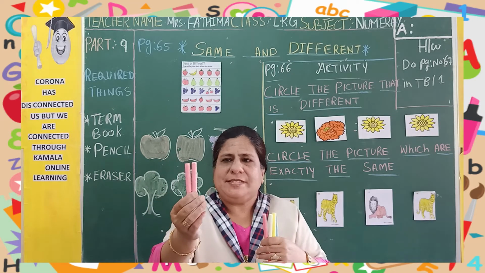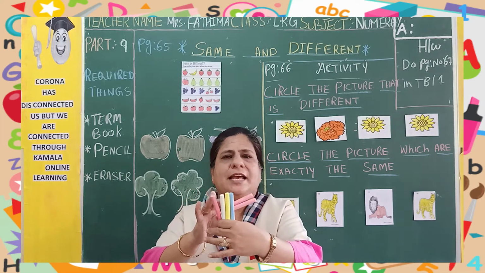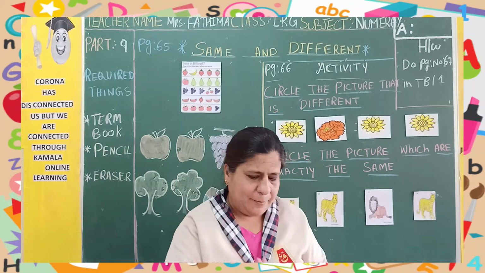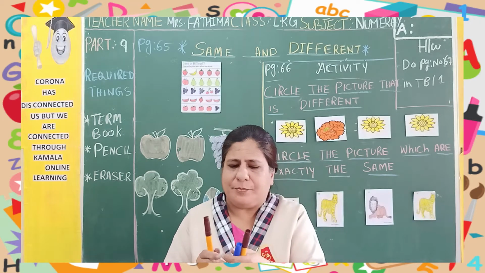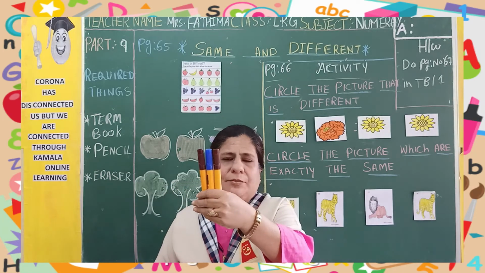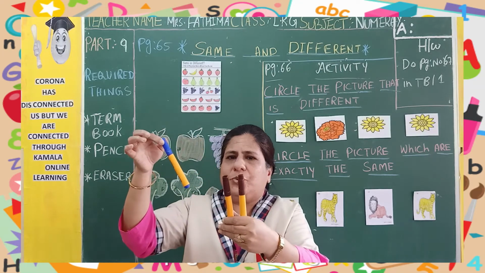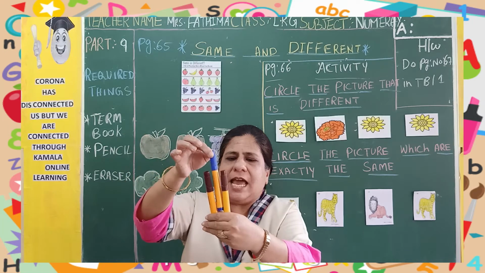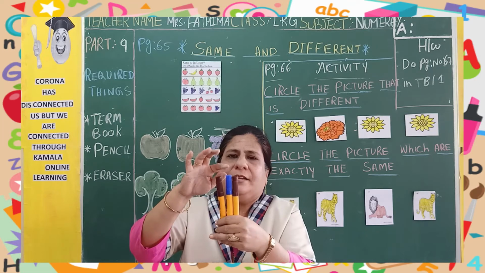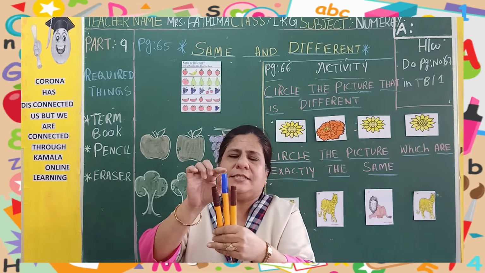See, same means it will be same in color, same in size, everything will be same. Different means it will be different in colors, different in sizes, it will be like that. Different, these are different, these are same. Okay, see this pencil. See, this is a brown, this is a blue, this is a brown. This is a different, no? Blue color is a different color in this two. These both are same and this is a different color. See, I am keeping here different color. Which is a different color? This is a different color pen. These two colors are same. These two are brown and this is a blue color.